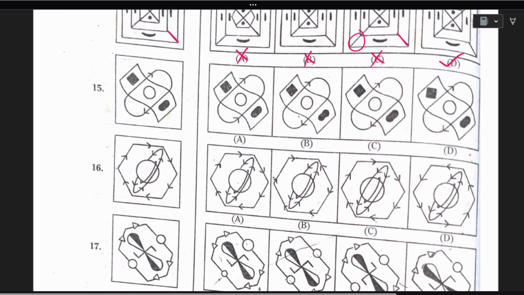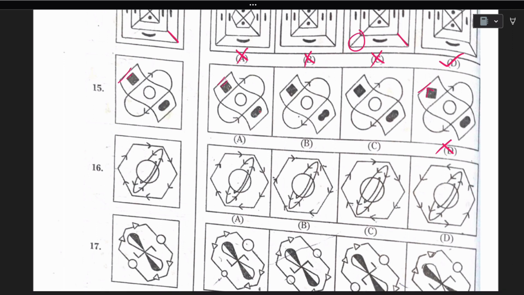And the next one is 15. Here we are having a long cylindrical shape, everything is the same, and inside we are having circles, that is also the same, and at the top we are having a square which is parallel to this line. Okay, the square is in line with it, in the same direction, that is fine. And here also it is in the same direction, but in D the direction is not the same, so D is eliminated here. And then next we will be checking this one, this cylindrical shape.